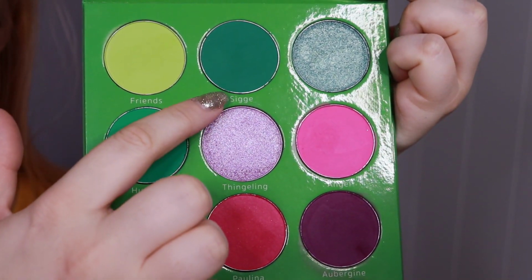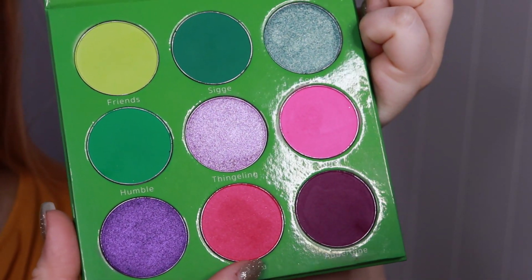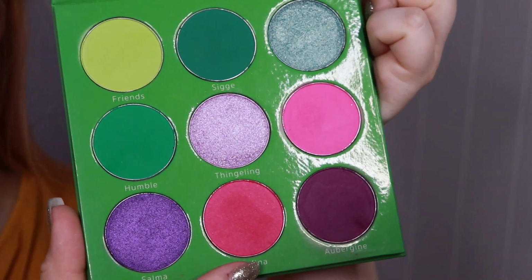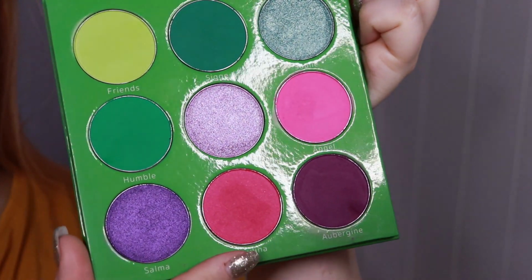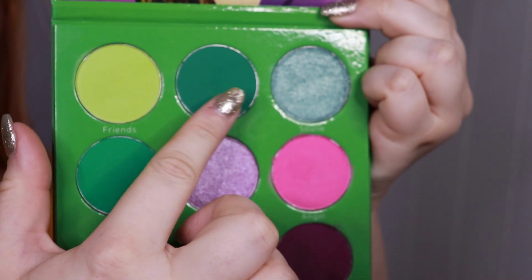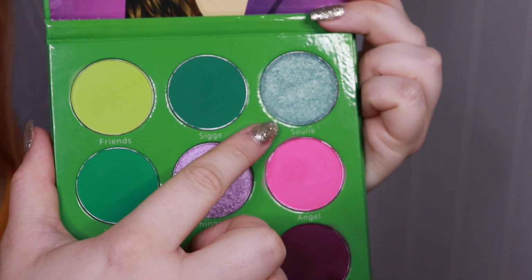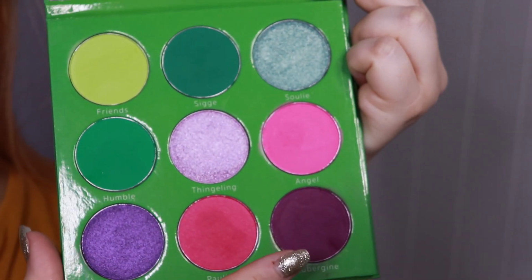So I'm going to blend the Sigge shade into this one. And I'm going to use this one, the shade Paulina, as my transition shade, I think. And for the lid, I want to do this one, where I have the green. So this one on the outer corner of the lid, and I think I want to